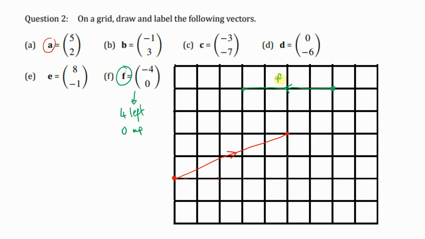And to be really clear, you might want to draw an F, and with a vector we underline it. You can see these are in bold, so we either write in bold, but in your handwriting it's too hard to write in bold and make that obvious. So you underline the letter, because we could have an A in algebra, couldn't we? So that is how we show it's a vector. And that's just an algebraic term. So you just underline it, and that shows it's a vector, so people know what you're on about. And then I'll pick out one more